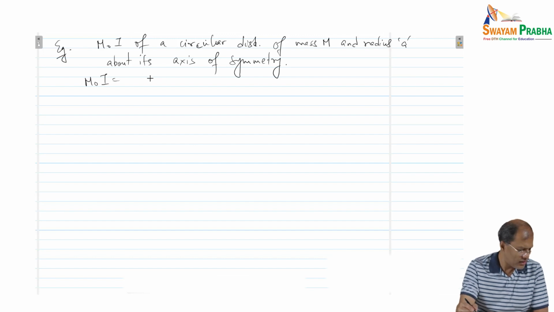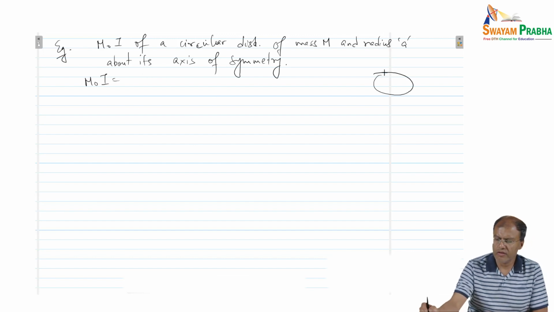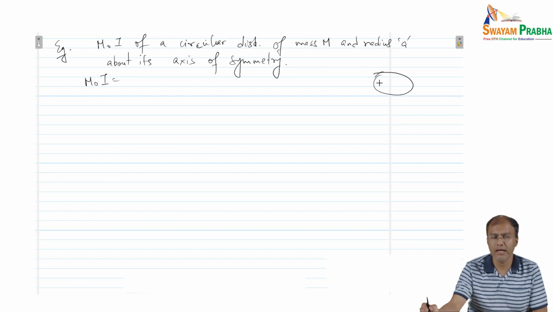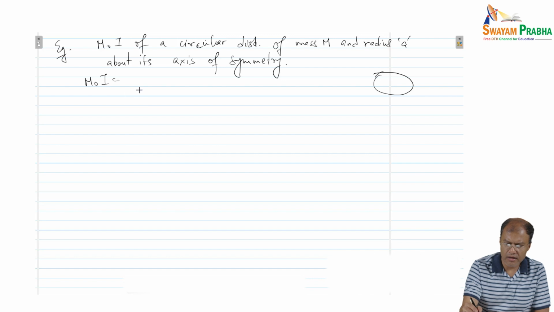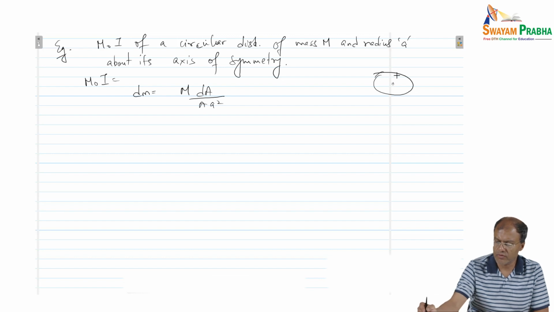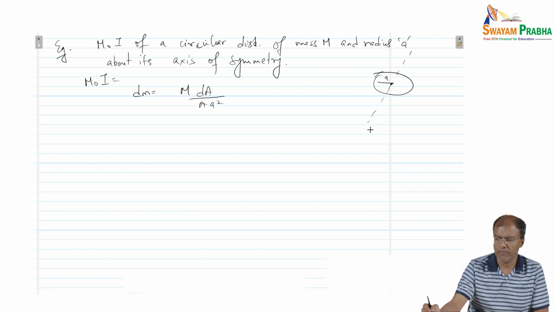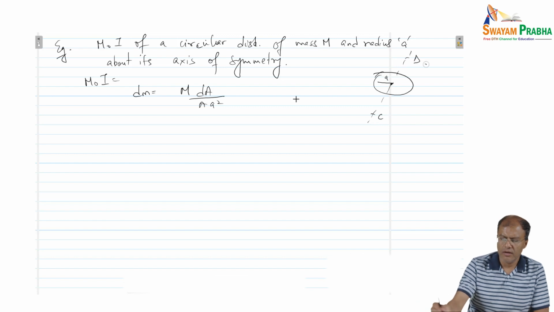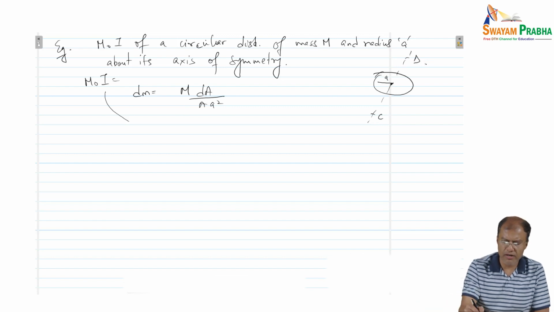So the moment of inertia of the disc will be, so this time we are talking about a 2D object, so we have to talk about mass distribution per unit area. So here dm will be m times dA by pi a square, where a is the radius. So again, the axis of symmetry is the axis which is passing through the center and of course perpendicular to the disc. Right? So this is what we have. Okay, so dm is this, and now moment of inertia will be integral dm times